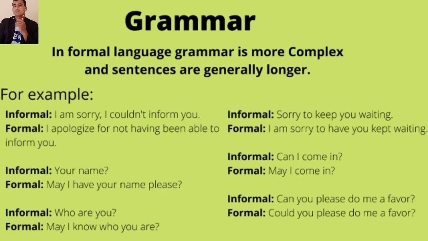The next thing you need to be careful about in formal speeches and writings is grammar. In formal language, grammar is more complex and sentences are generally longer. For example, in an informal way, you can say, I'm sorry, I couldn't inform you. And you can say the sentence in a better way by saying, I apologize for not having been able to inform you. And go pause the video and go through all the other examples right there and learn to speak